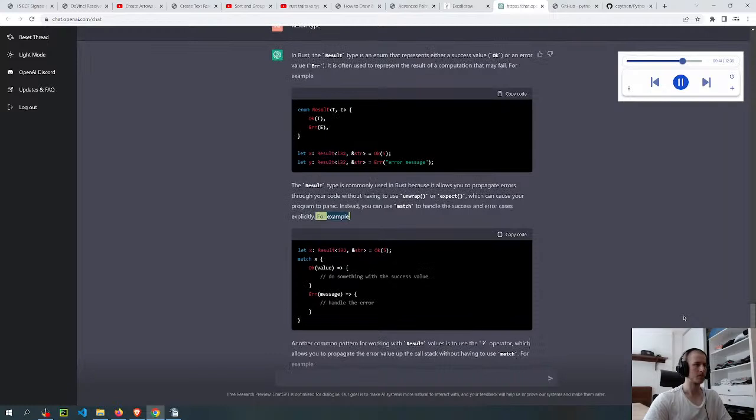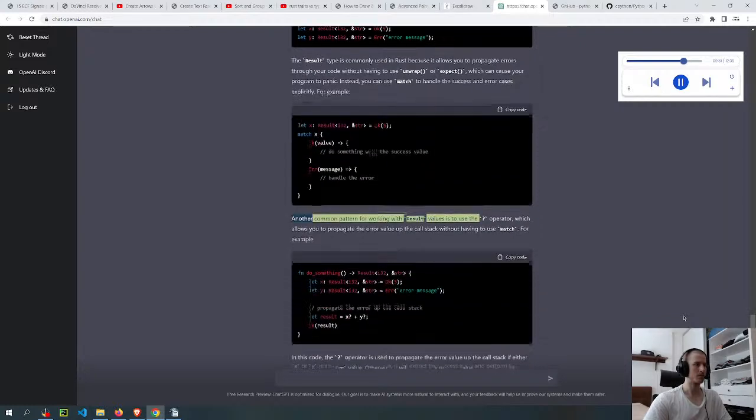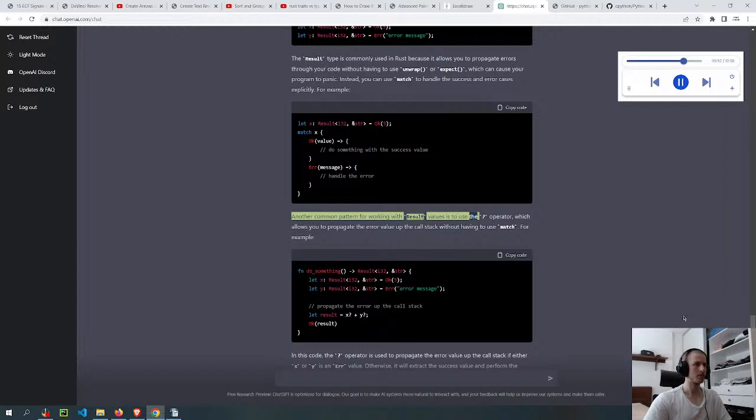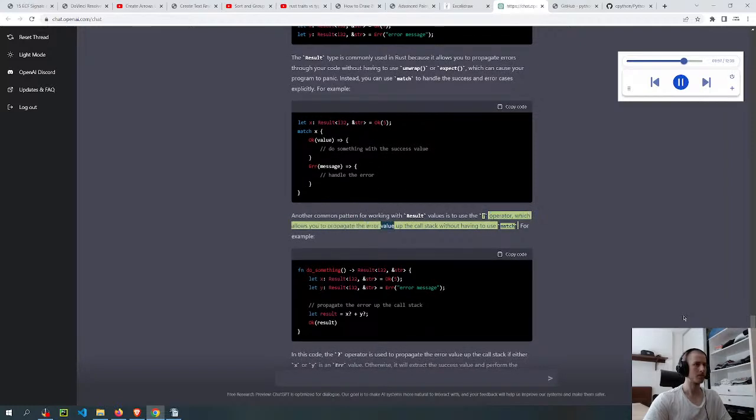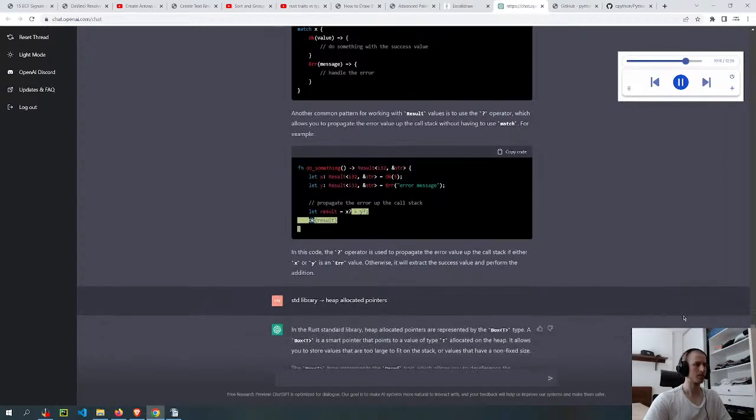For example, let x: Result = Ok(5); match x { Ok(value) => { // do something with the success value } Err(message) => { // handle the error } } Another common pattern for working with Result values is to use the ? operator, which allows you to propagate the error value up the call stack without having to use match. For example, fn do_something() -> Result { let x: Result = Ok(5); let y: Result = Err(message); // propagate the error up the call stack let result = x? + y?; Ok(result) }